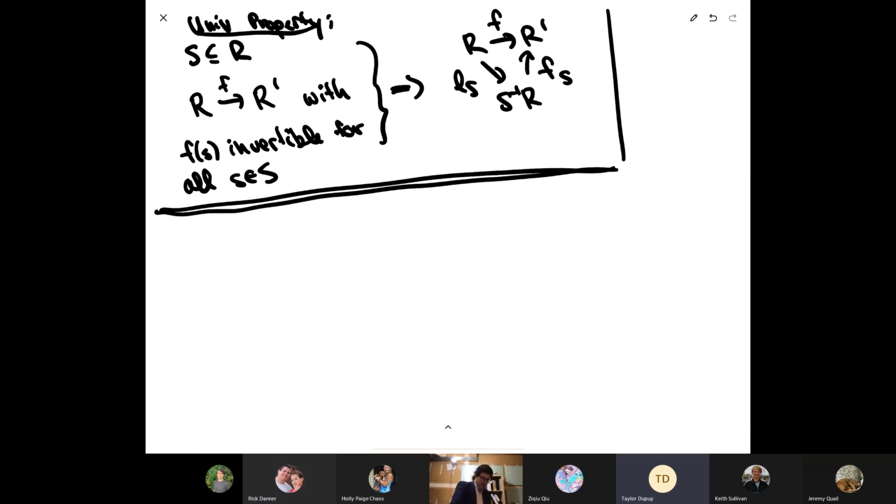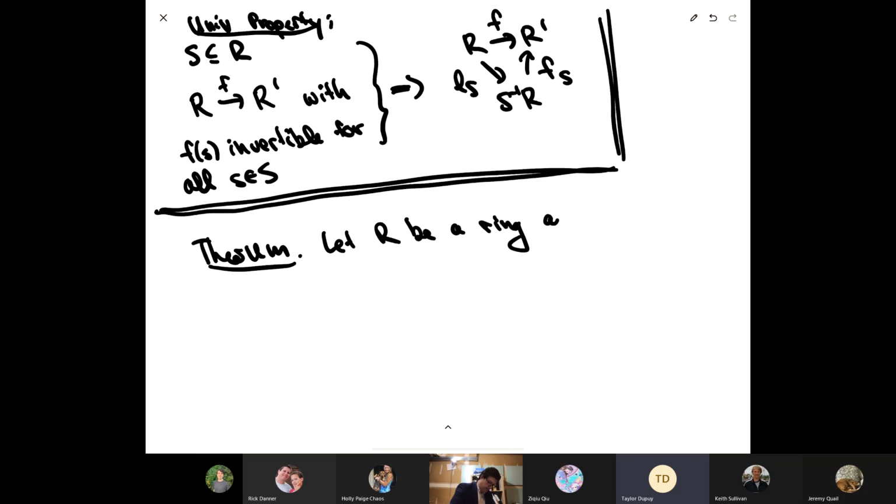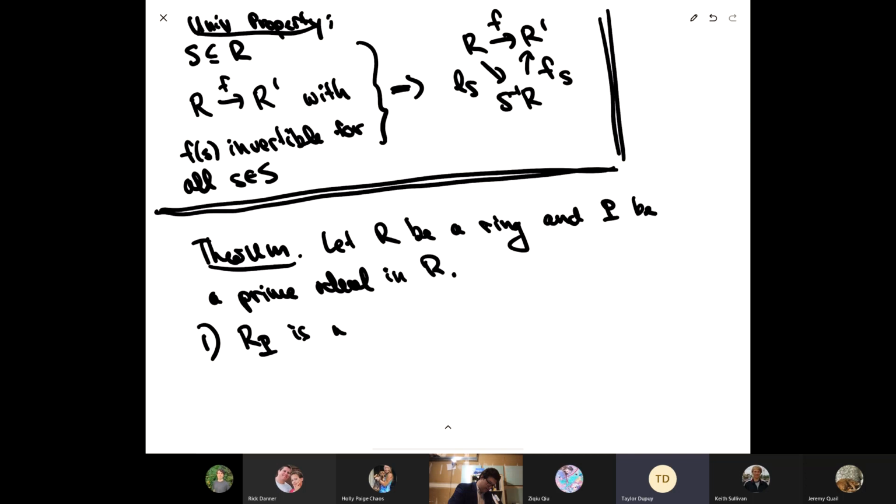Awesome, thank you. Okay. All right, so let's do another theorem. So we already did part of this. So the theorem, there's a special case. Let R be a ring, and let P be a prime ideal in R. Then one, R_P is a local ring